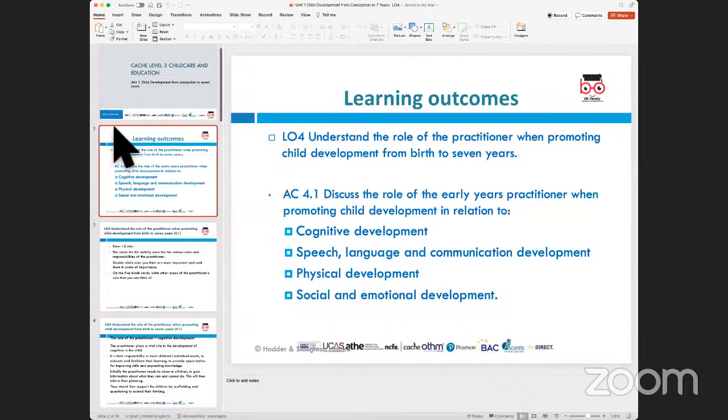So the difference between yesterday's and today's learning outcome is predominantly twofold. Yesterday, we were looking at understanding the theory behind it, or the research which has gone into understanding how growth happens across these phases. And today we would look at understanding the growth across these 4 phases, but from the role of a practitioner. That means somebody who works in an early years setting, in a nursery, in an after school club,